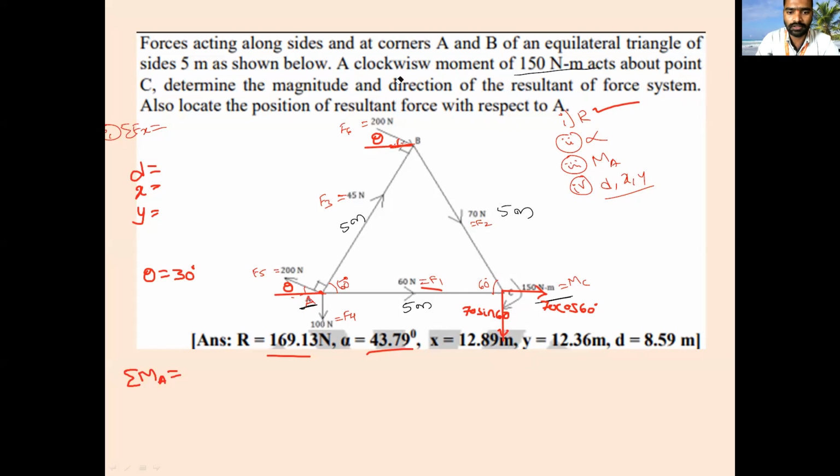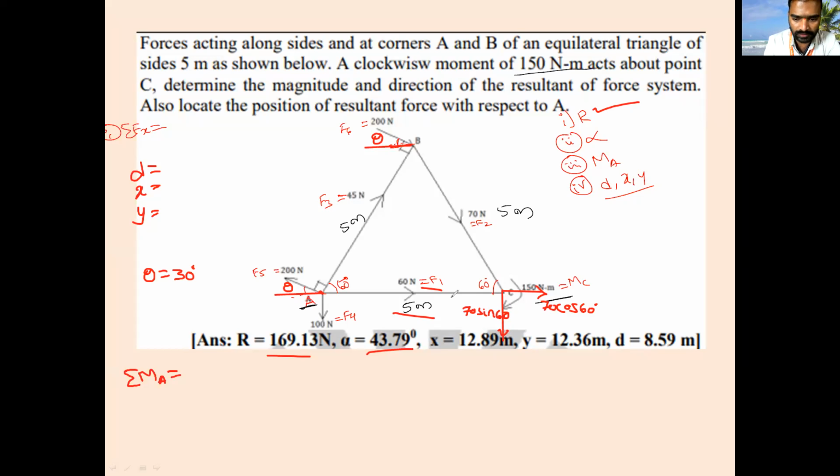Next, I will go with the F2 force. The line of action of the horizontal force is passing through the A point. Is it producing any moment? No. So I will not write this one. Then the vertical component: there is a distance between A and C. How much is it? That is 5 meter. Is it producing any moment or no?